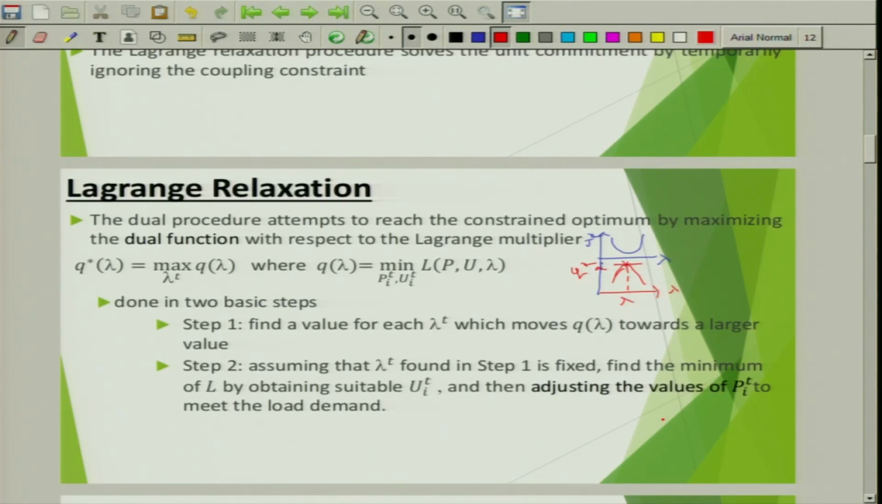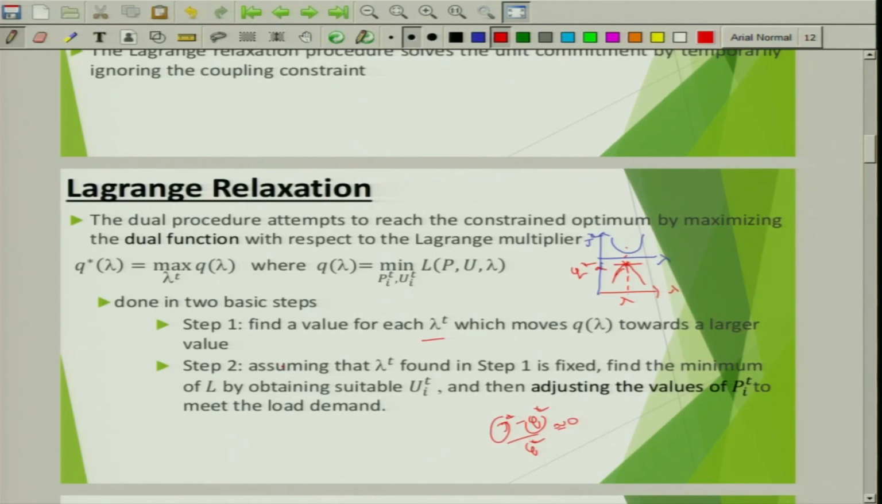If they are tightly coupled, that means (J star minus q star) by q star, if it is close to 0, we say that J star and q star are converging at the same point. So we need to obtain this optimal lambda. That optimal lambda in a way indicates the cost is minimized while meeting the constraint, right? So find a value for each lambda which moves q of lambda towards a larger value. That is a dual function, right? Maximizing the